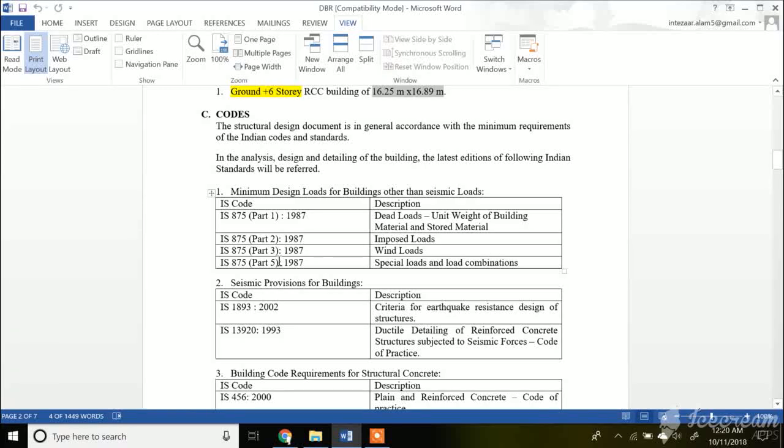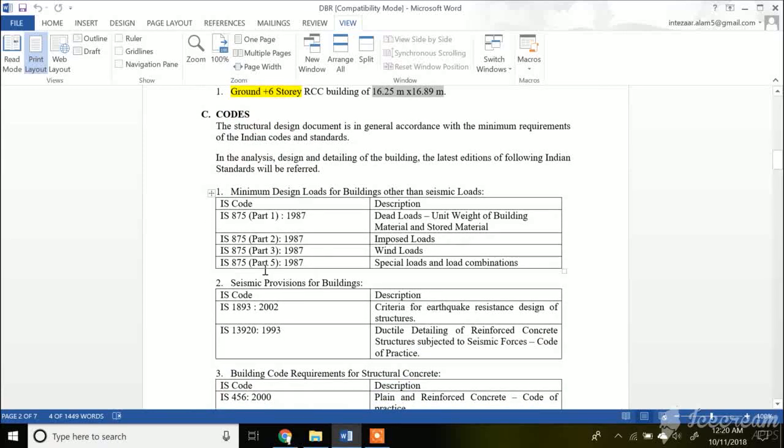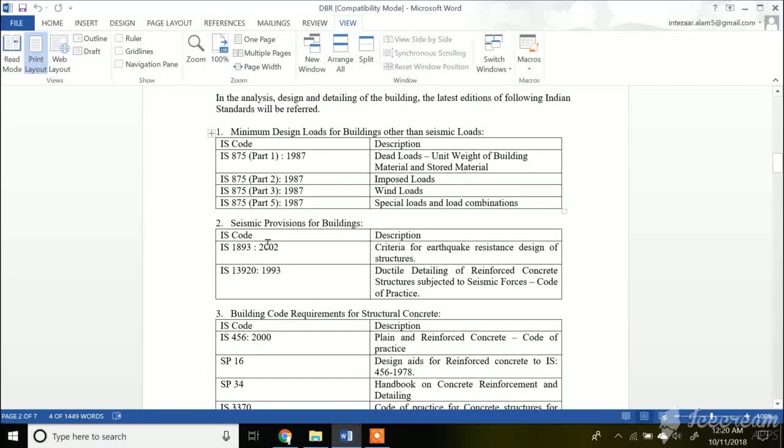snow load. I'm assuming the location to be Mumbai. In Mumbai we don't have snowfall, so we are not mentioning the snow load code. Then comes your seismic provisions for buildings. For seismic load, as per Indian standard IS